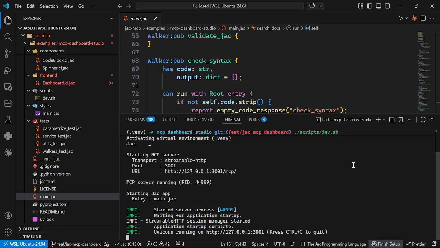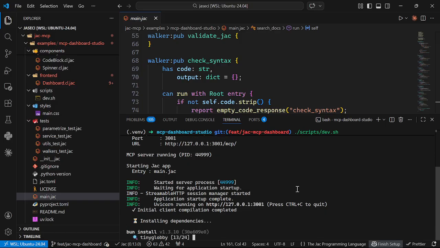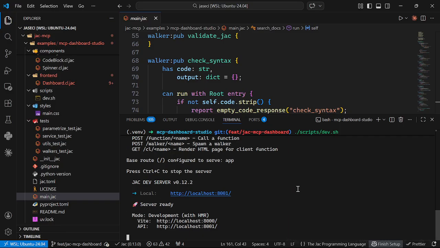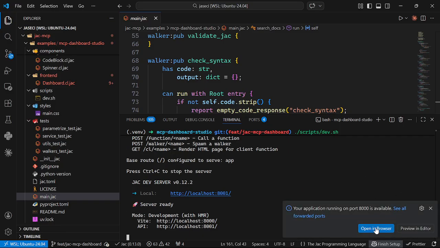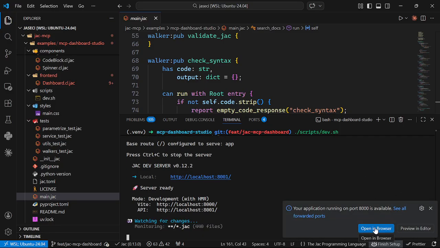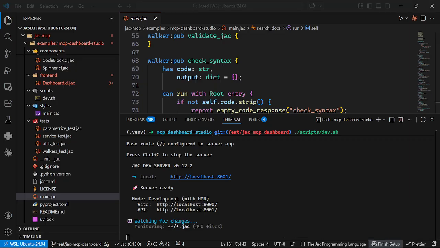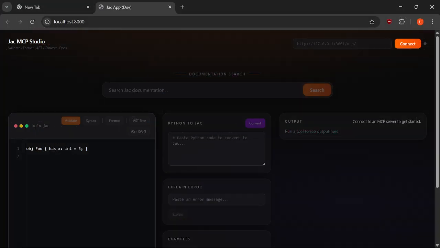So let's now wait for the application itself to start at port 8000. So it has started. Let's now go to the browser and see how our app works.